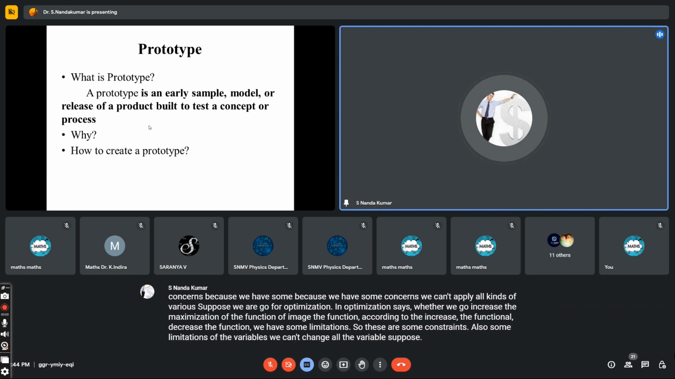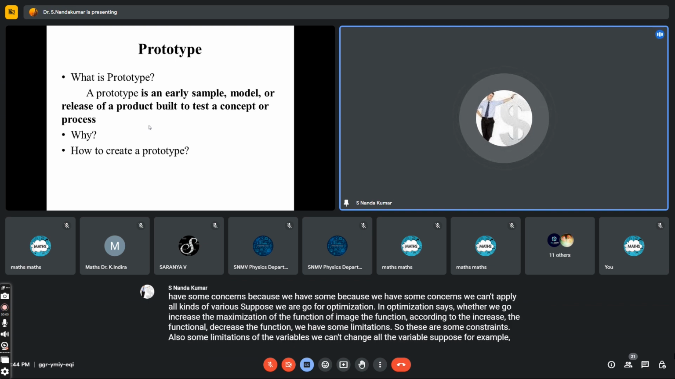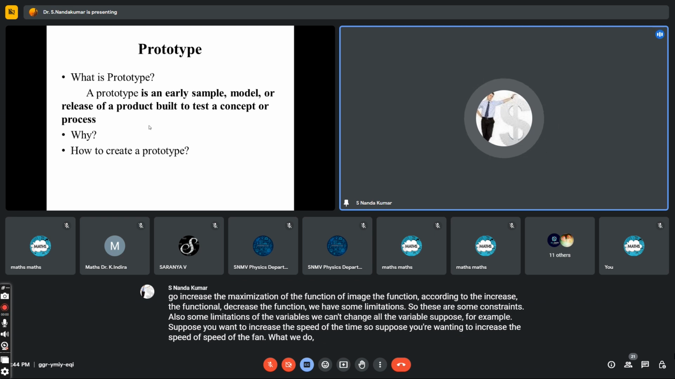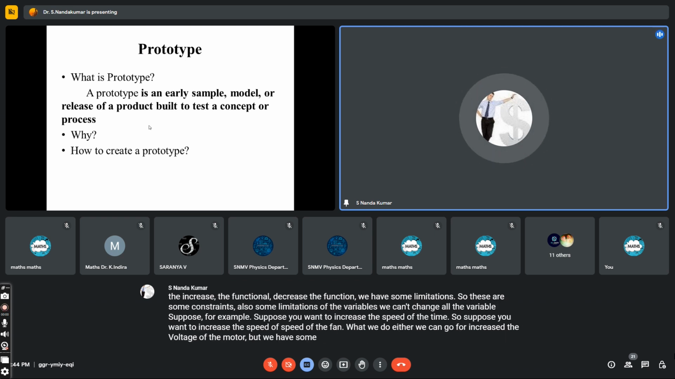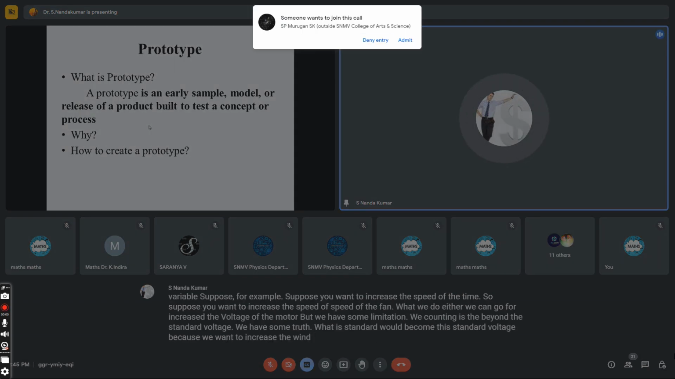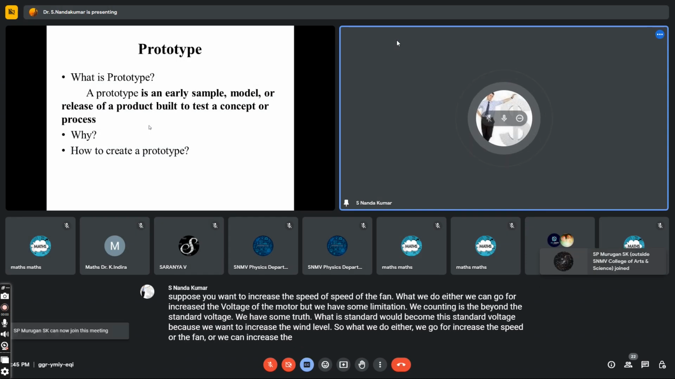Suppose, for example, you want to increase the speed of a ceiling fan. What will you do? Either we can increase the voltage of the motor, but we have some limitation. We can't increase beyond the standard voltage. We have the standard voltage of 230 volts, and we can't increase it. Suppose you want to increase the wind level. So what do we do? Either we increase the speed of the fan, or we can increase the